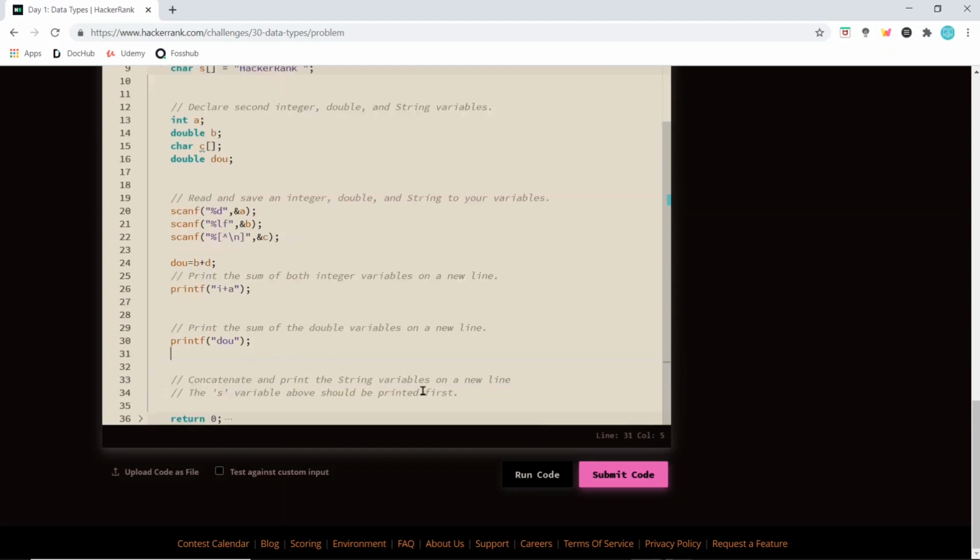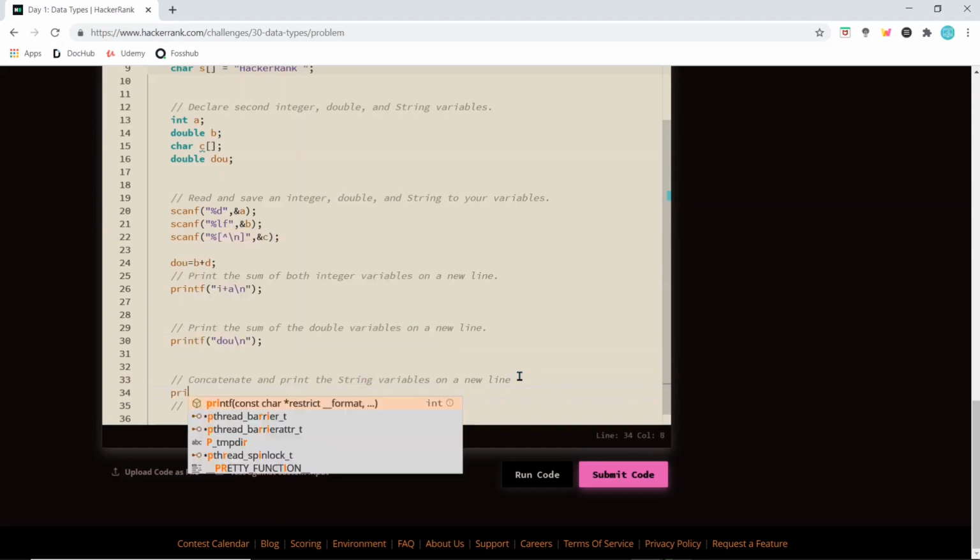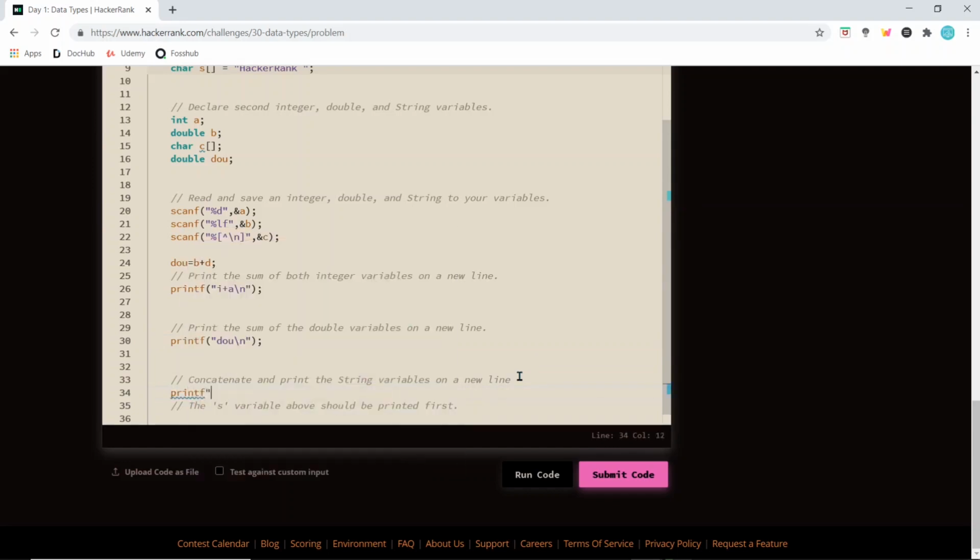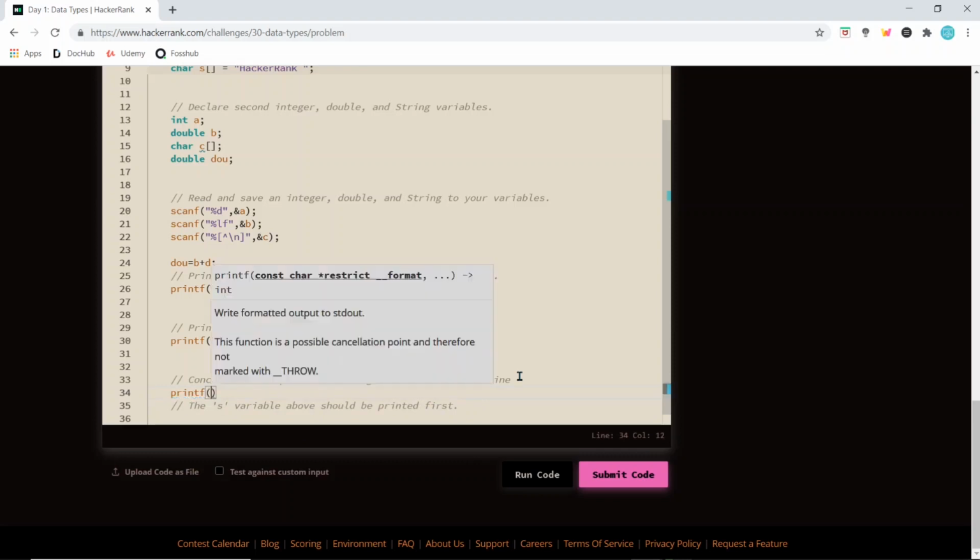Then we have to concatenate the strings, which means we have to continuously print both strings. We have to print all of these on a new line, so we'll put backslash n after I plus a. After this also we'll use backslash n, and we have to print both of the strings, so print and inside the brackets we'll use